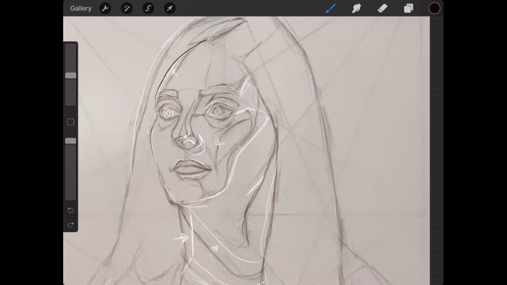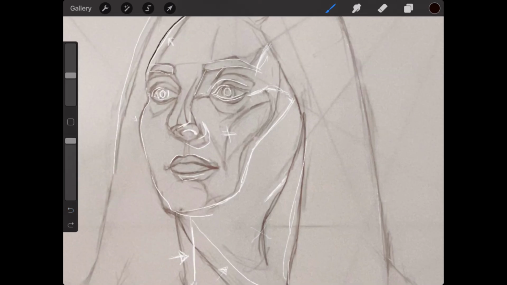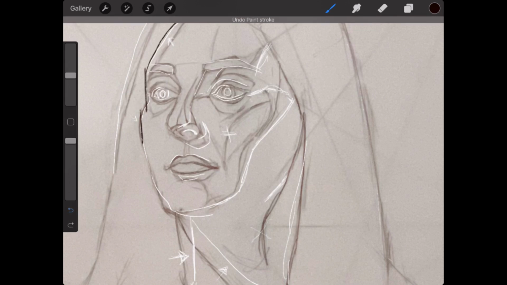She does have very full cheekbones, but I think you could bring this in just a tiny bit. It helps to look at how far this comes out compared to this. And if you look at that distance, something like that actually adds up quite a lot as opposed to this. So just keep that in mind.